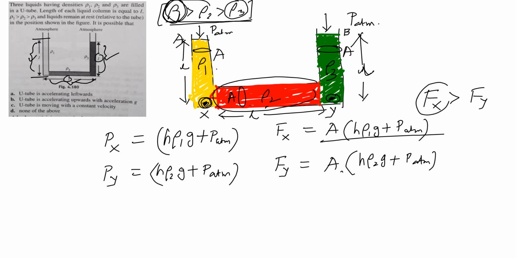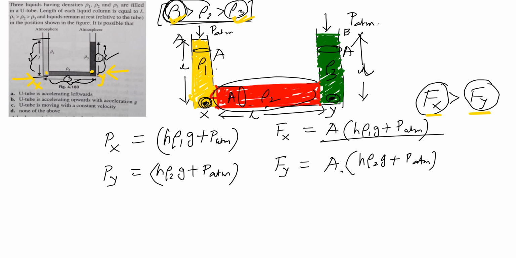So that is Fx. That will be greater than the force acting in the leftward direction. So at the point Y, suppose this point is Y and this point is X. At this point, the force acting in the rightward direction is Fx, and the force acting in the leftward direction is Fy. So Fx will be greater than Fy, because we have seen that this particular density rho 1 is greater than rho 3. So in equilibrium, if the vessel is kept still, at that moment we will see